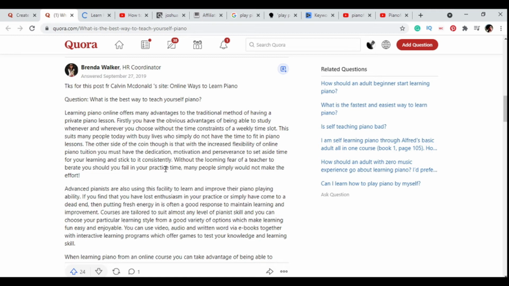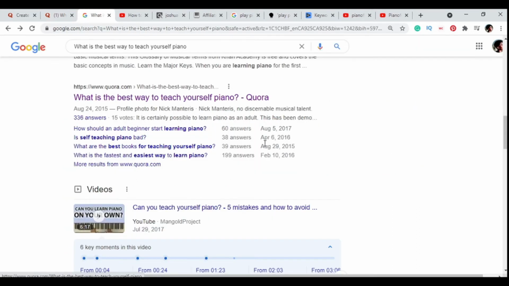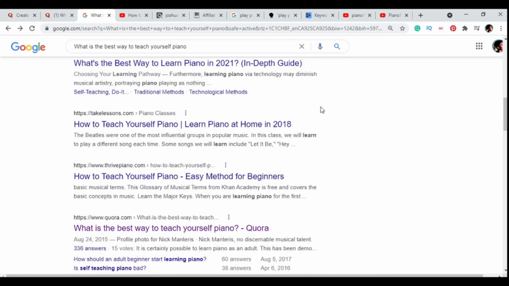Let's hit back to Google, and you can see that Quora is already showing up. If you answer this question, people who are searching this keyword will find your answer on Quora via Google. That's the way you get that free organic traffic, and this traffic is forever and ever. It will continue so long as your answer stays on Quora. So ensure that you are making the best answer you can ever write on Quora, and that it stands out.